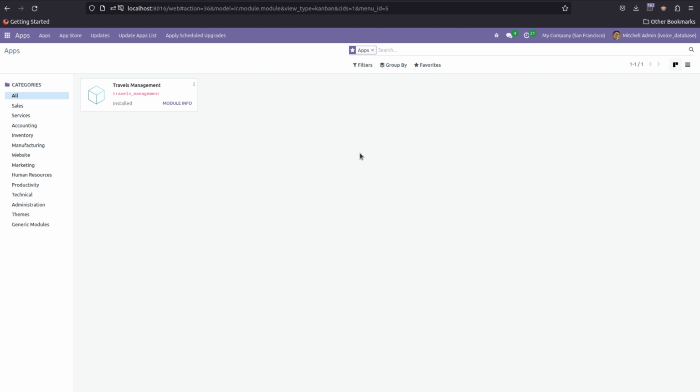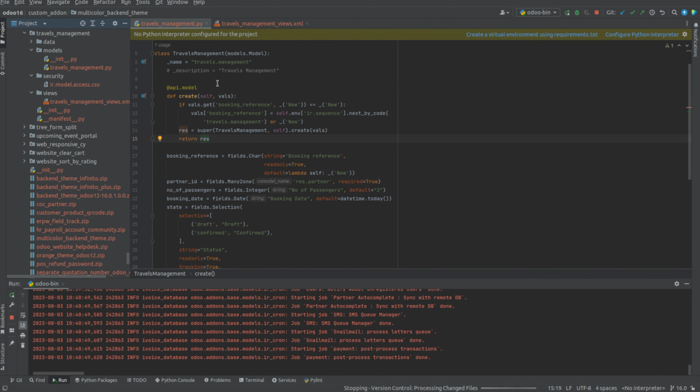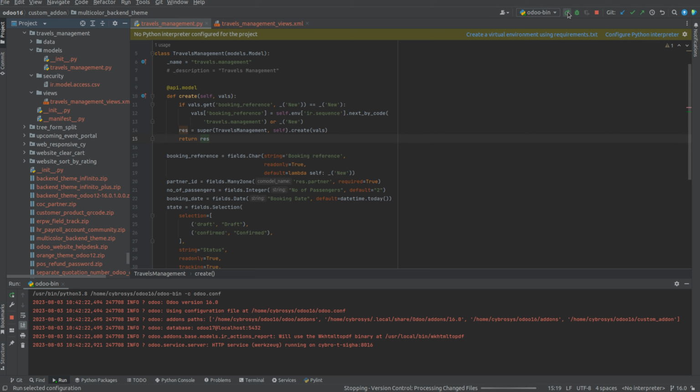So for that, go to PyCharm. Here I have already created a module travels management and defined a class travels management, and the model name is travels.management. Now go to the front end,